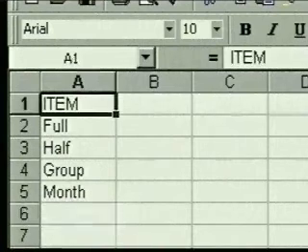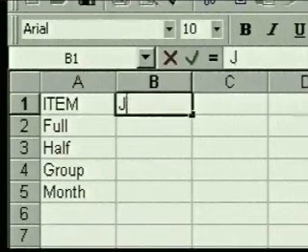Next we'll add column labels. We type June. Now we want column labels for the next 2 months. We could type and enter each month, but Excel gives us an easier way. When we want to extend a series, like the names of months, Excel can fill in this series automatically with